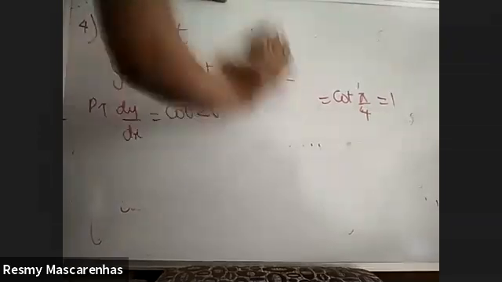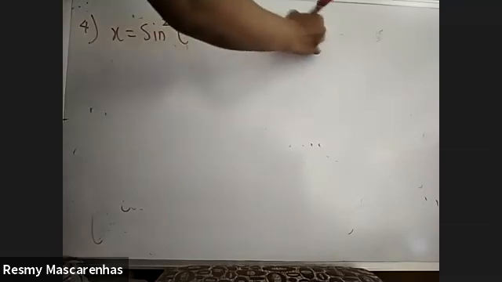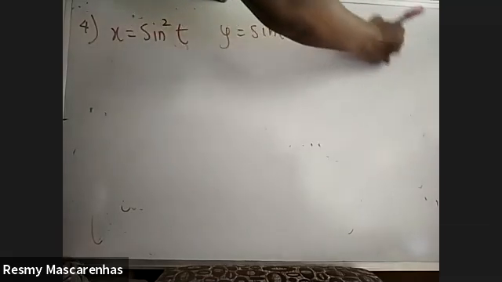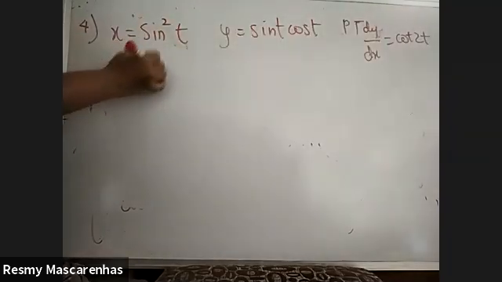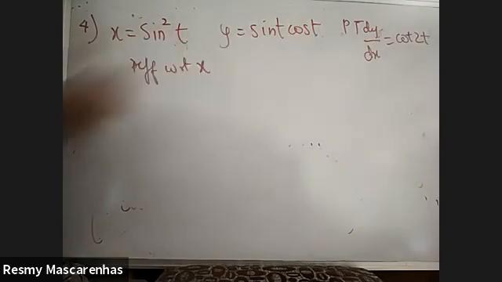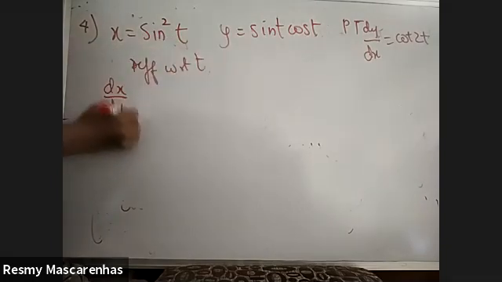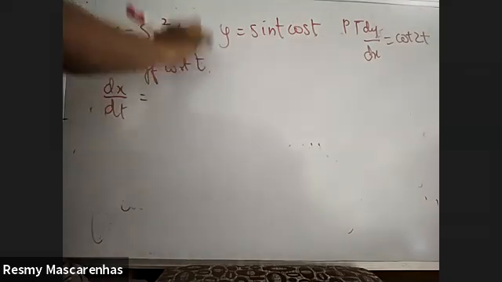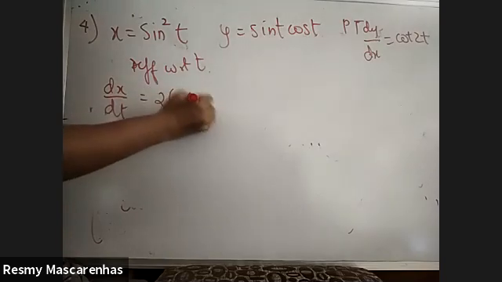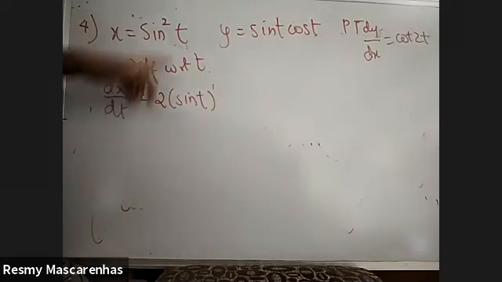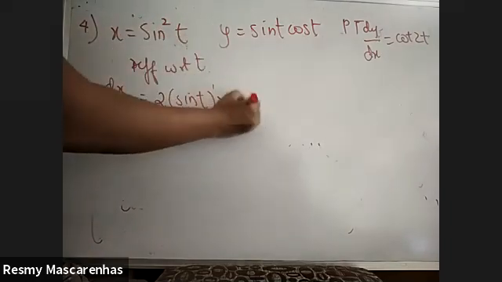Okay, so this is the question. I'll write here. Cot 2t. Okay, so this will differentiate with respect to x. Sorry, with respect to t. So this will be dx upon dt. This is like x square, meaning sine t the whole square. So what will be the derivative? 2 sine t raised to 1, like that it will be, because this is square into the derivative of sine t. So that will be cos t.